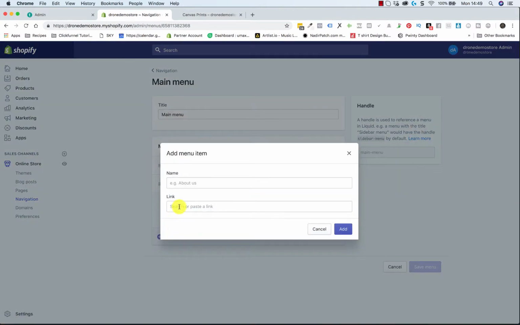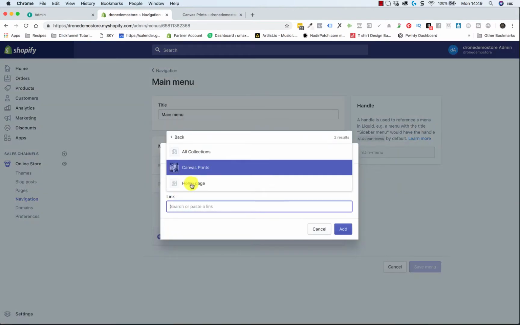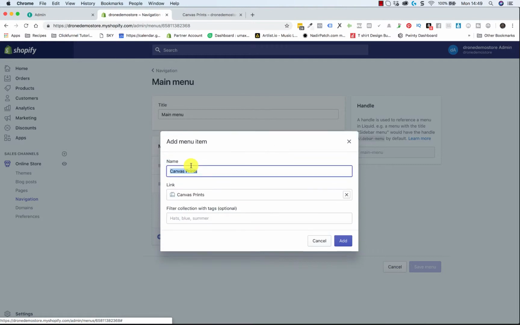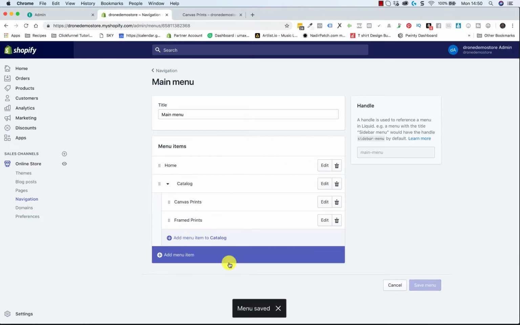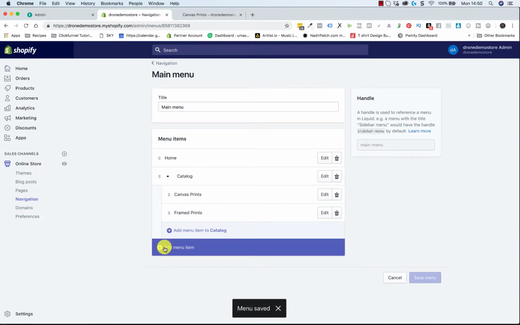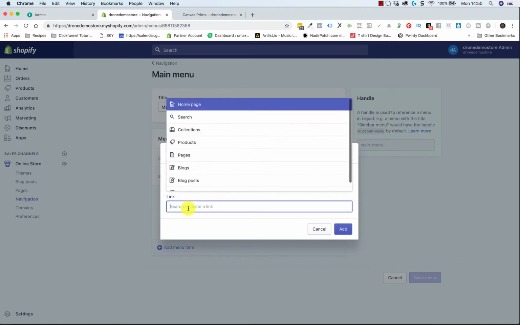Let's just add another one, and we will just name this frame prints, just so you see. So although it actually goes to the canvas print collection, I've called it frame prints just so you can see how it builds out. Another one we're going to want to do is our contact us,